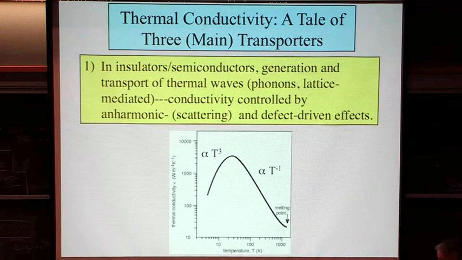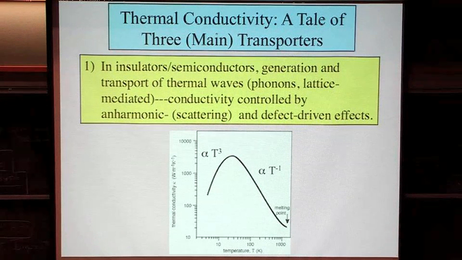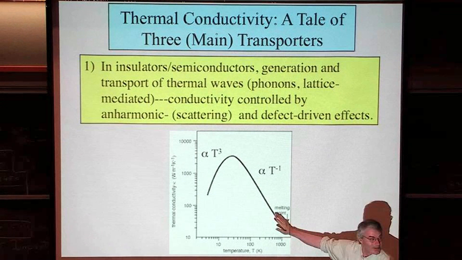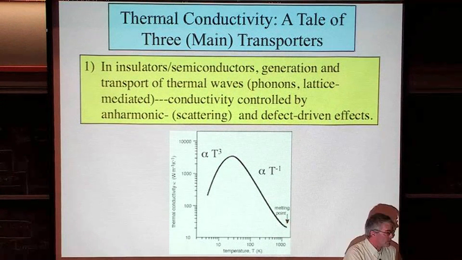Right. Yes? High temperatures, as you approach the melting temperature, there's a deviation from 1 over T. Yeah, that's true. Yep, that's true. And I will allude to that. You are correct. And you anticipate a certain amount of this talk as well with that question, which is that, in effect, as you get closer to the melting point, you also get additional defects taking place within the lattice.